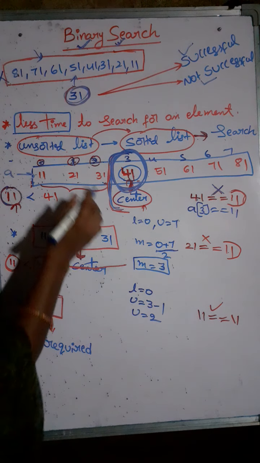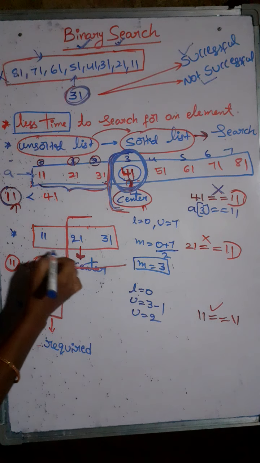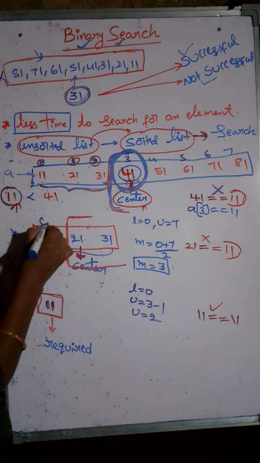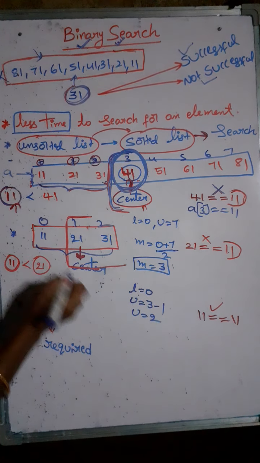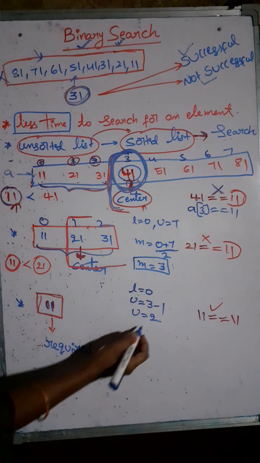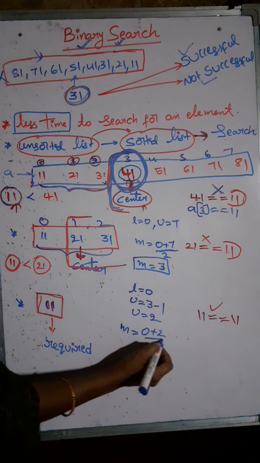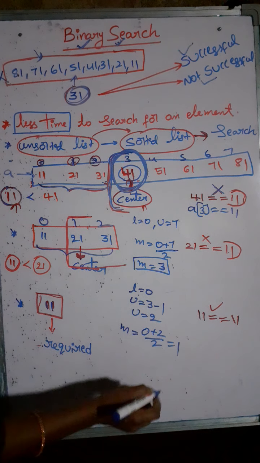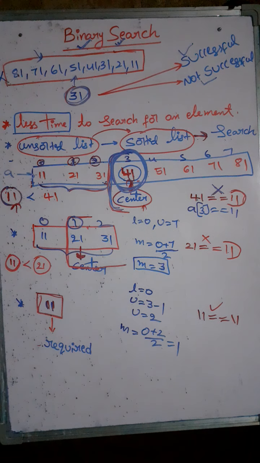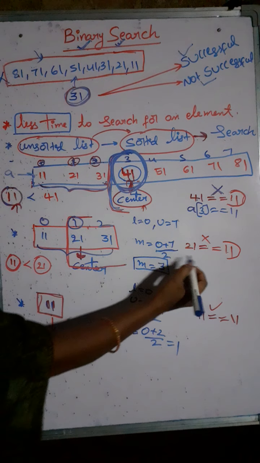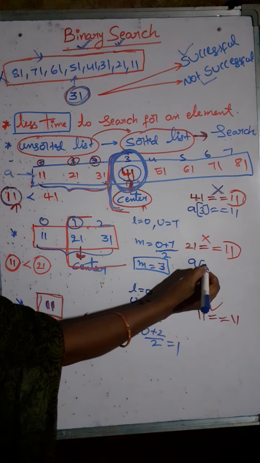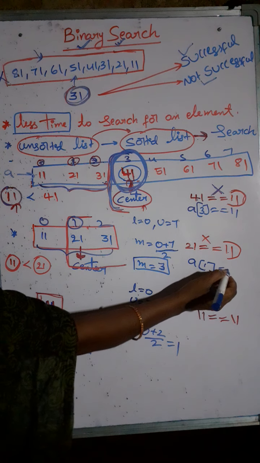Now again, among these three, we should find the center. These are the 0, 1, 2 indexes. Lower index is 0, upper index is 2. Then find the middle index. Middle index equals 0 plus 2 by 2, which equals 1. What is the middle index? 1. Now again we should check whether A of middle, A of 1, is equal to